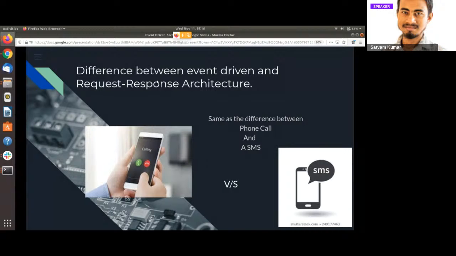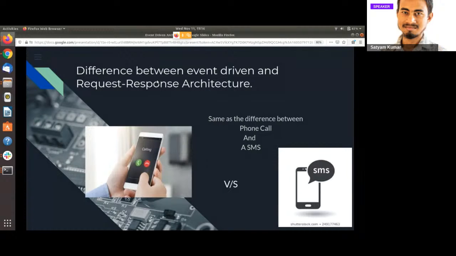So what happens when we are calling someone? We are dialing their number, and we are waiting for the other person to respond to our call. Until then, you are waiting, and you are sort of blocked. Although you have dialed the number of the particular person, and you have done what you need to do, you need to wait for the reply of that particular user at the same time.